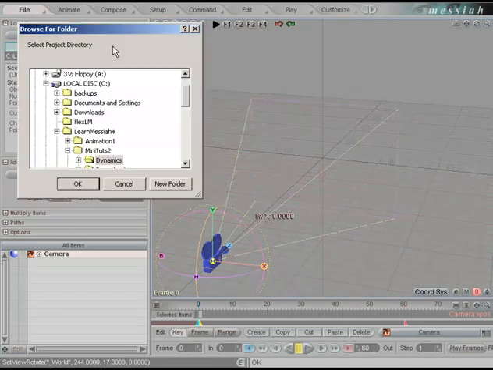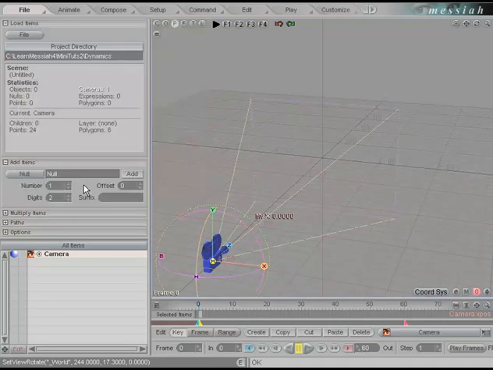Make sure your project directory is set to a folder called Dynamics. We'll click OK. We've used a lot of different ways of making soft body dynamics into cloth and wrinkles. But what about doing something that requires some volume and some internal structure, such as, say, a tail or an